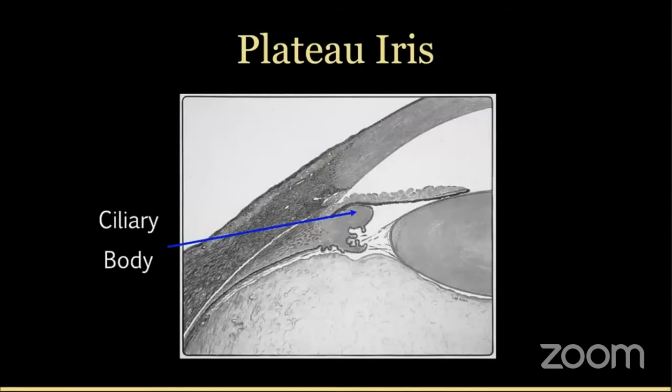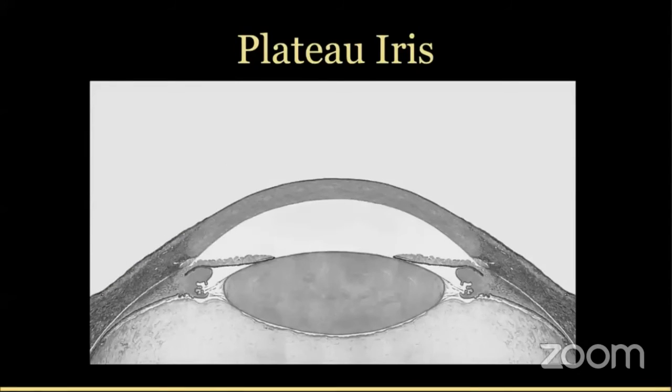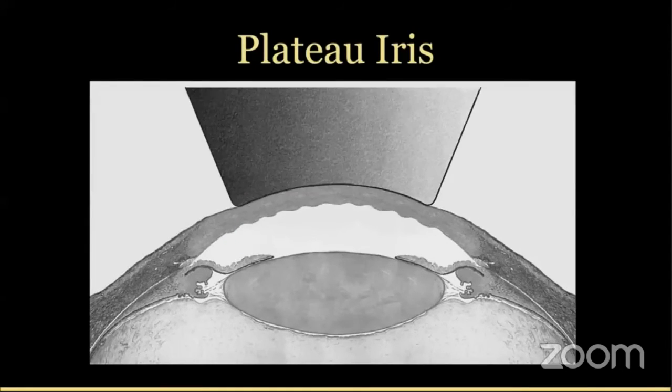I find indentation really helpful for plateau iris syndrome, where we know the ciliary body is very far forward. There's a very steep drop off in the periphery. If I did a Van Herrick test, the angle would look fairly wide open, and that would deceive me. On gonioscopy, what I see is that when I indent, I push the iris back, it forms a double hump. It drapes over the ciliary body and then drapes over the lens. And this is really great for diagnosing plateau iris.